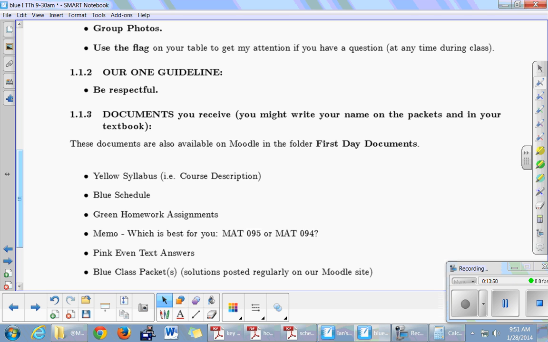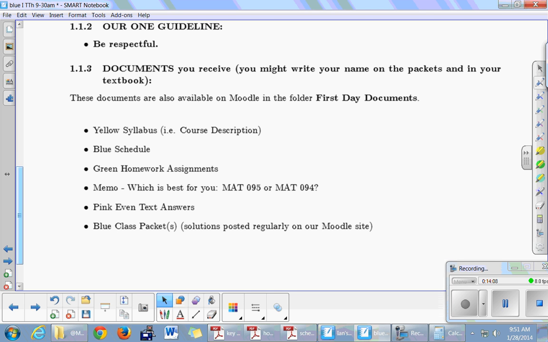Okay, so now let's see if we can blitz through some of the documents in that very colorful packet. Is there a question over there? Question? Okay, they're keeping you on task over there. All right,